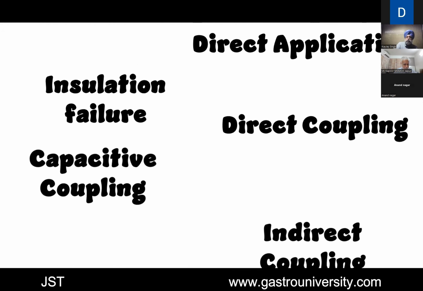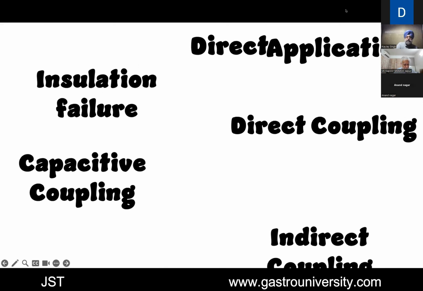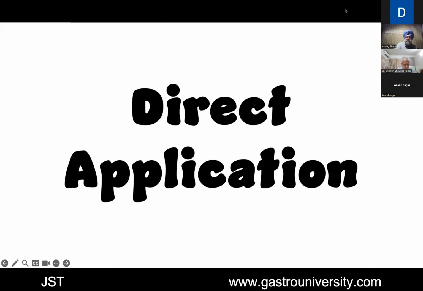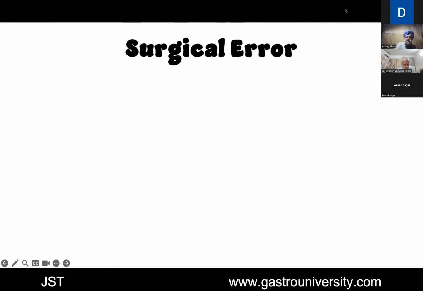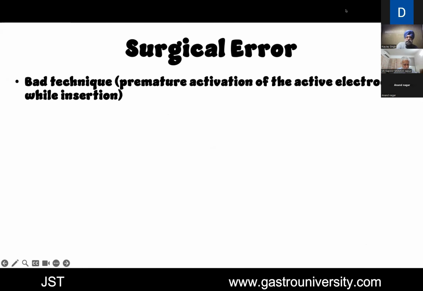So what exactly are these things which are not to be done? It will be important to know these terms: direct application of the electrode, direct coupling, indirect coupling, insulation failure, capacitive coupling. I'll not confuse you. I'll take you through a quick graphic explanation after giving you a brief theory. Now, what is direct application? Direct application is the direct placement of the active electrosurgical electrode over an organ, which may be an organ of your intention,